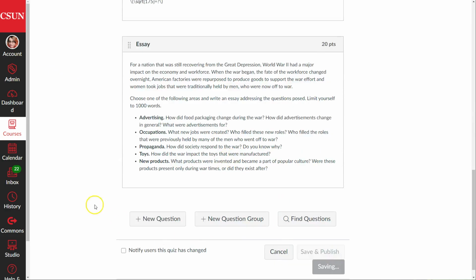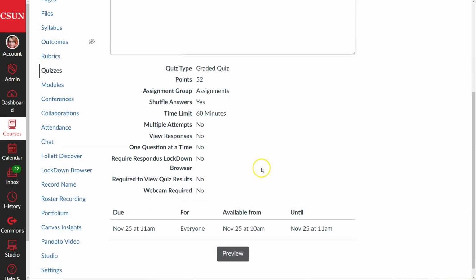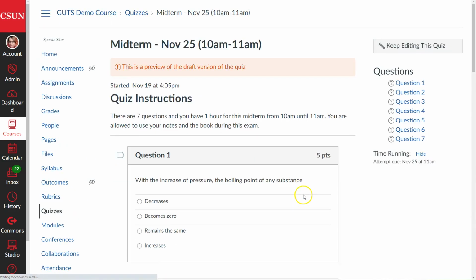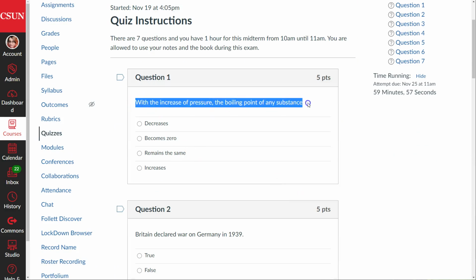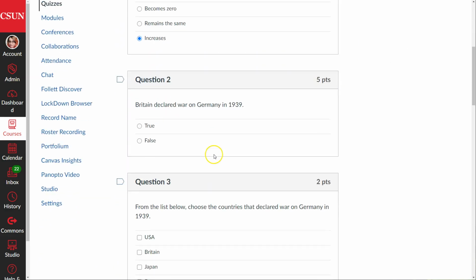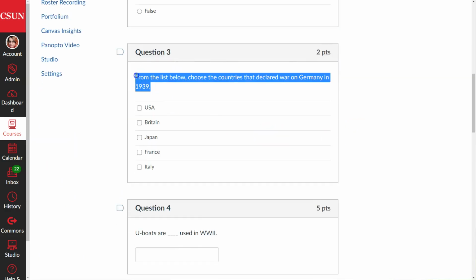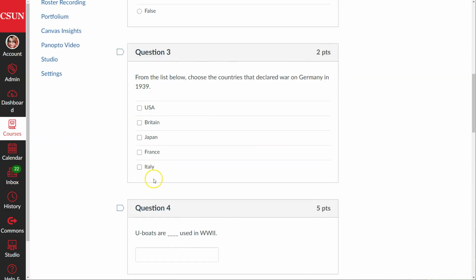And then when we save, we can preview this quiz so we can see these questions. So the first question is multiple choice. You can see that the students are presented with the prompt and then they get to choose the answer. Then for true false, the statement is presented and then they get to choose true or false. For multiple answers, they are presented with all the options you put in, and they have brackets that they can click inside of to put a check mark,